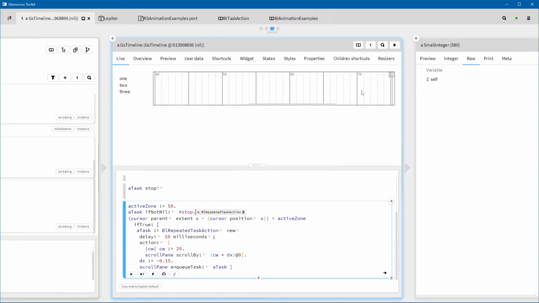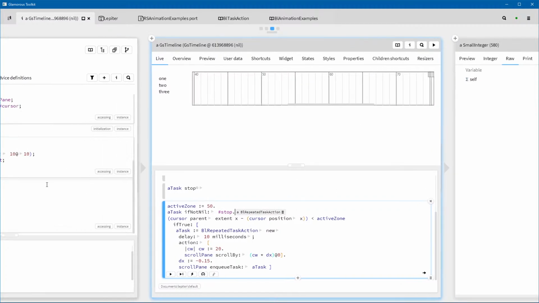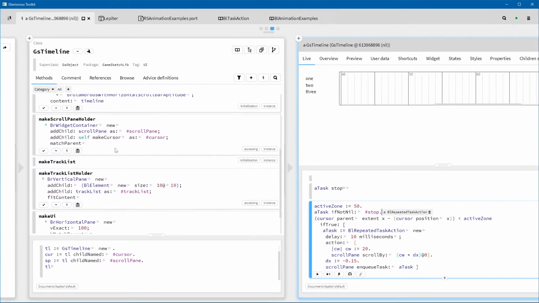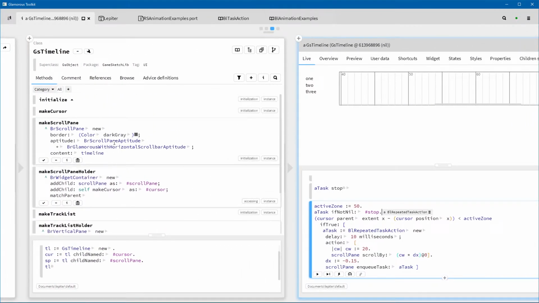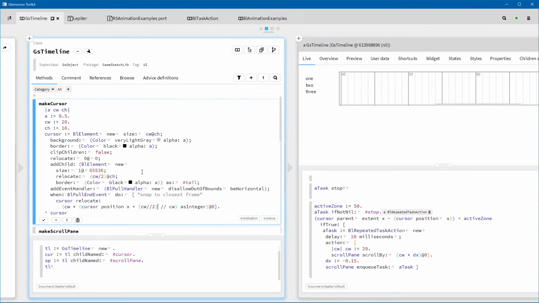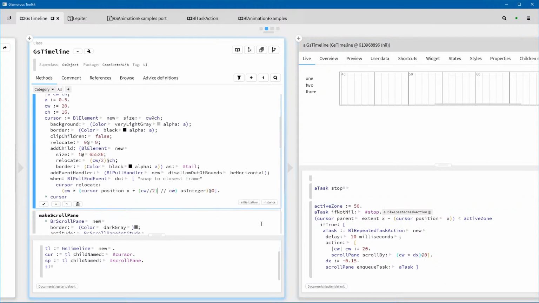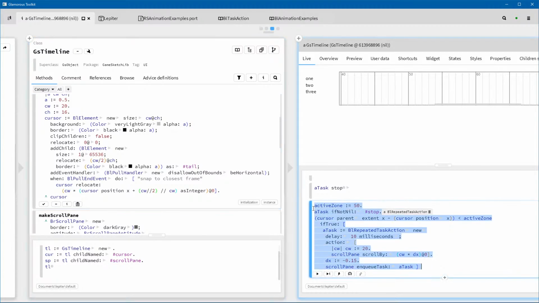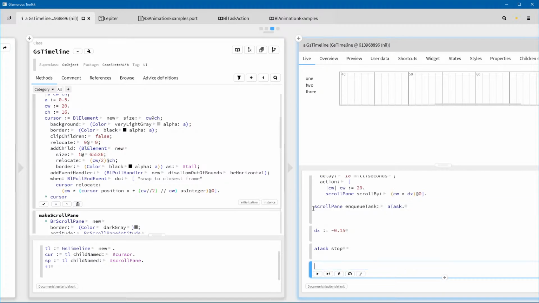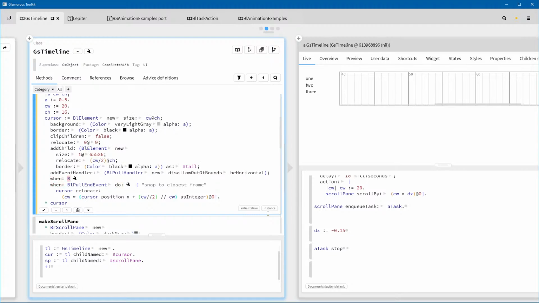And so this needs to be the pull handler. So on make scroll pane, make cursor, and if I put this here, and I stick this inside the pull handler, now that's on the end event. So when BL pull event do,